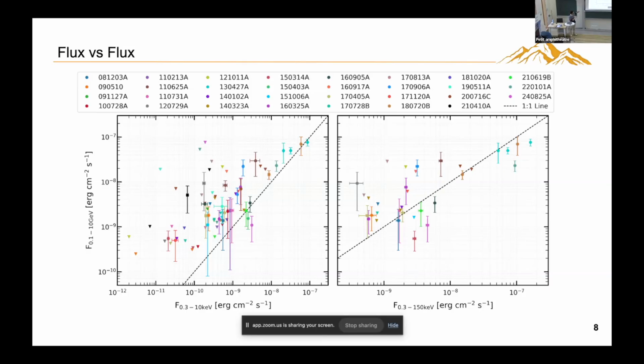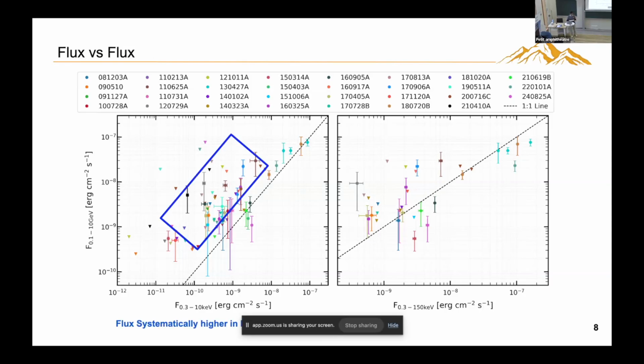So on the y-axis, we have the emission in the high energy gamma rays corresponding to 0.1 to 10 GeV, while on the x-axis for both the plots, for the right hand side, we have a narrower energy range, which is from 0.3 to 10 keV, corresponding to the Swift XRT telescope. On the x-axis of the other plot, I have quite a broader energy range, which corresponds to 0.3 to 150 keV, corresponding to the Swift XRT plus BAT, which means you have a broader energy range there.